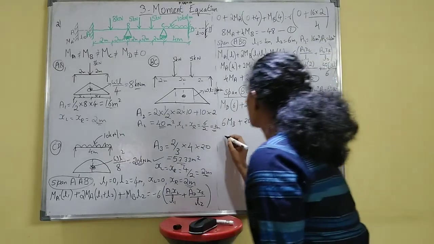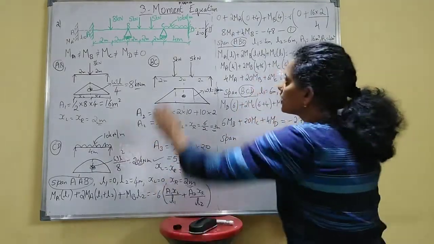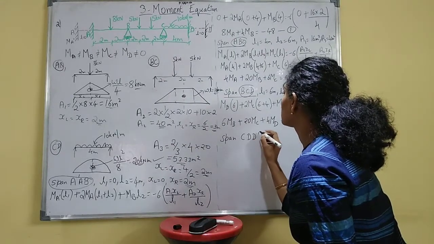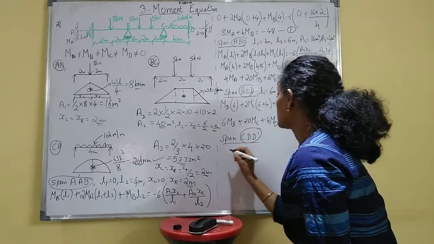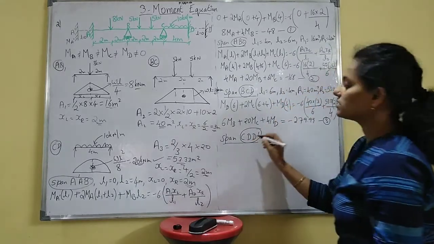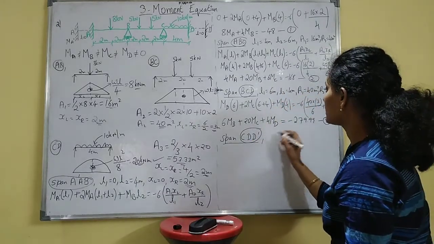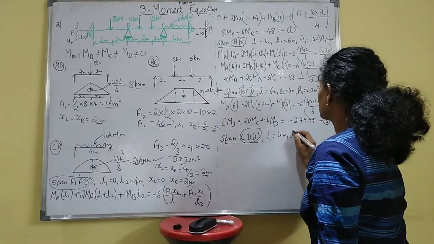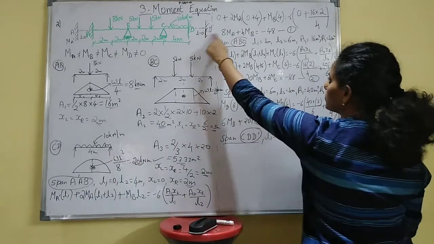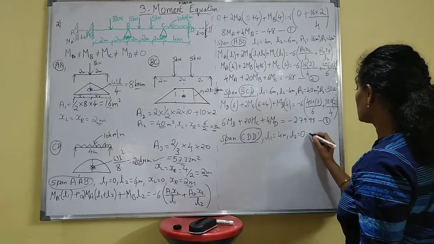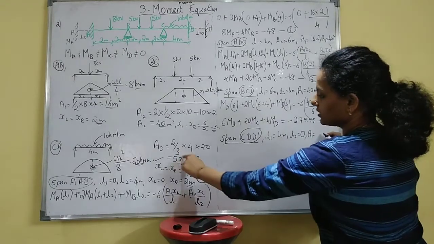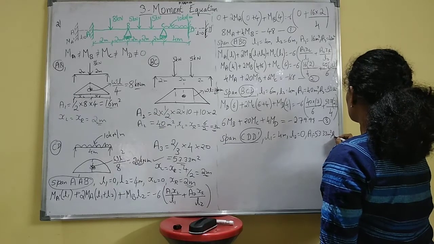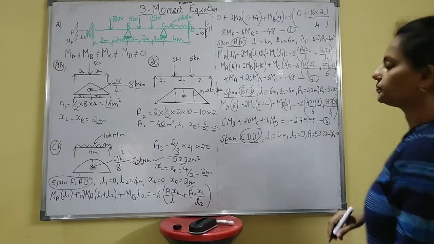Equation 3. Next, consider the last span, that is joints C, D and D dash. Here MC, MD and MD dash are the moments. So L1 is nothing but CD, that is 4 meter. L2 is equal to 0, no length, it is an imaginary line. Next, A1 is equal to A3 here, that is 53.33 meters square. A2 equal to 0.